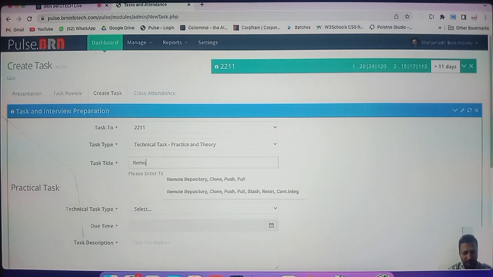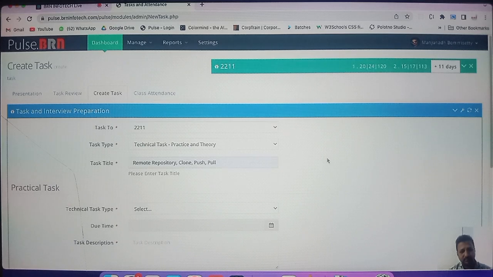We have worked on remote repository, clone, push,